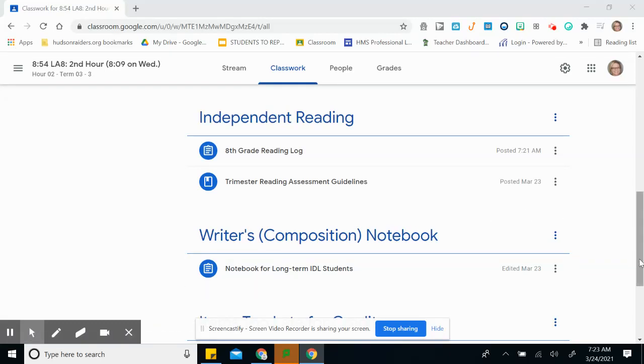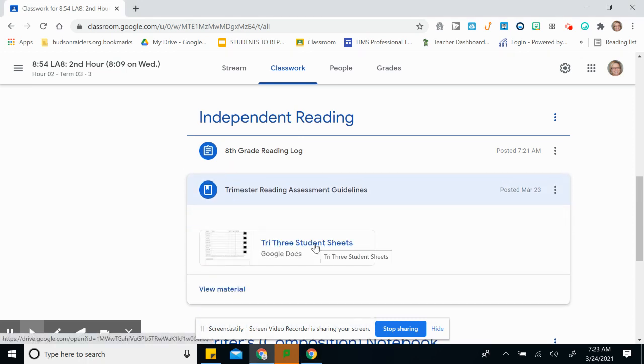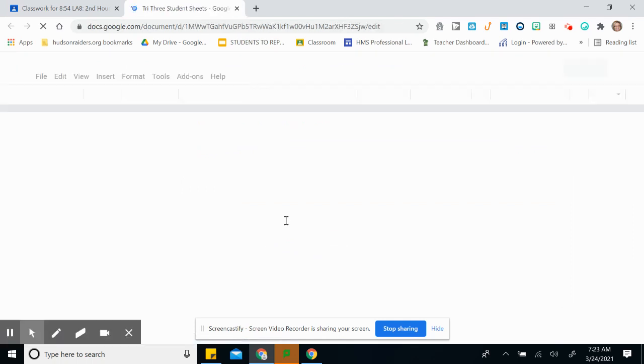All right, today we're going to start our reading log and reading assessment assignments for trimester 3, and try to make it into more of a lifelong reading habit than just reading for 8th grade language arts class. So there's two things that we're looking at. The first one is the trimester reading assessment guidelines, and everybody who's in class will get a paper copy of